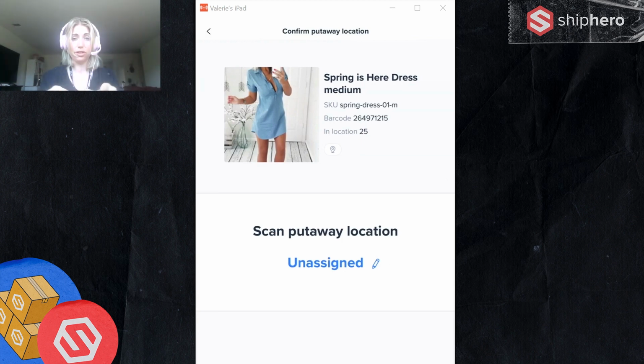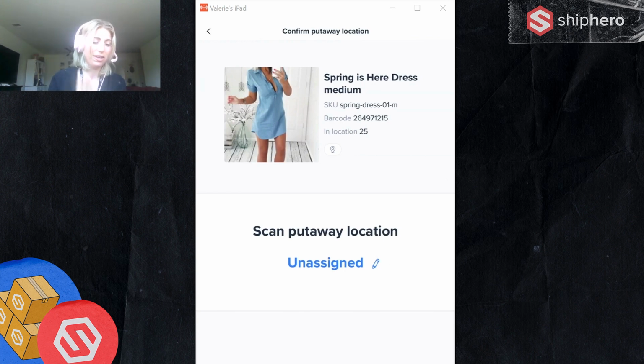We'll do the transfer. So we'll move it to this location, and then you can replenish the next one, put that in the transfer, and then put them away. So if you're in a bigger warehouse, that might be an easier flow. So I'll show you how to do that in the mobile part.